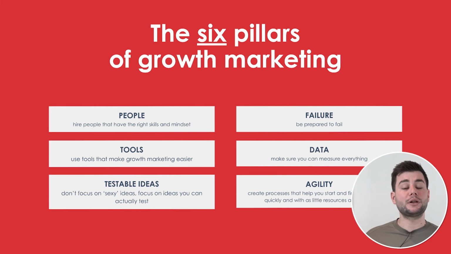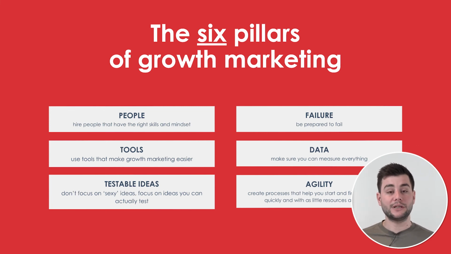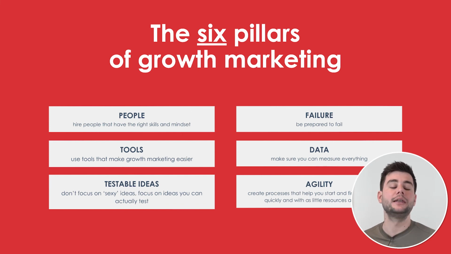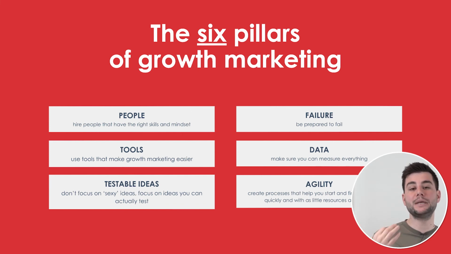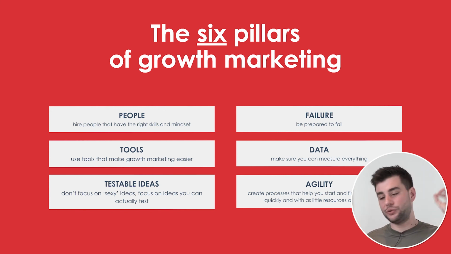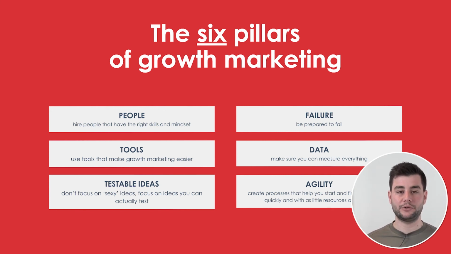To round off, I want to talk about the 6 pillars of growth marketing to just summarize the process and summarize what you need to know or what you need to realize to be successful. First of all, you need the right people. And I would rather hire someone with the right mindset than someone with the right skill set but a completely wrong mindset. You need people that constantly want to experiment, that want to learn new things, because you need to have that mindset of constantly rapid experimentation, trying new things out and then figuring out what works.